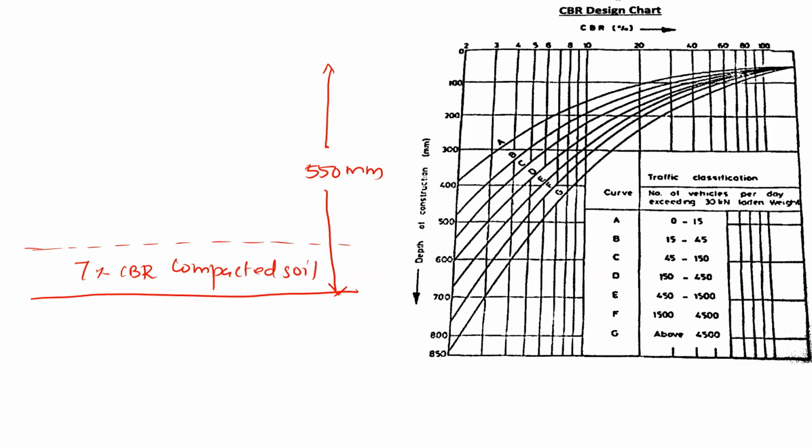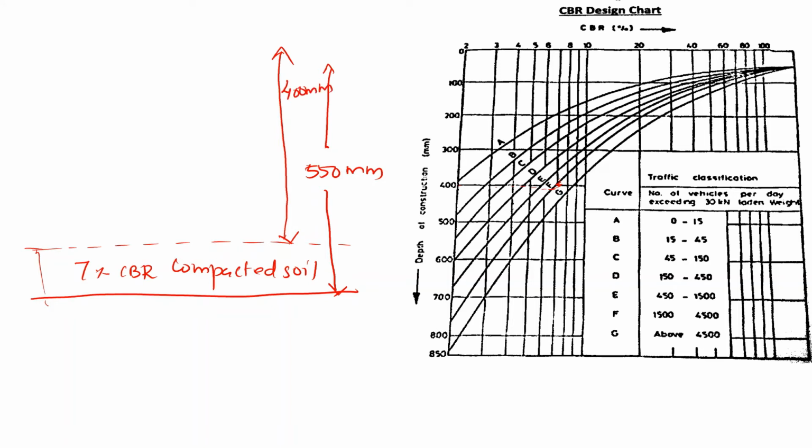So look into this graph, and 7% is between 6 and 8. So this will be 7%, and the corresponding value from the F curve we need to take. Interpolate it to the x-axis, and we will get 400 mm. The thickness here is actually the cover required for that compacted soil. It is not the thickness of this compacted soil. What we are getting is the cover required for this compacted soil. That is, the thickness above that layer is 400 mm.